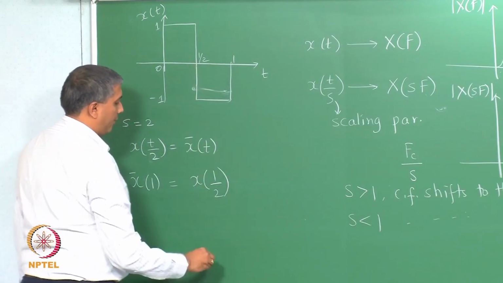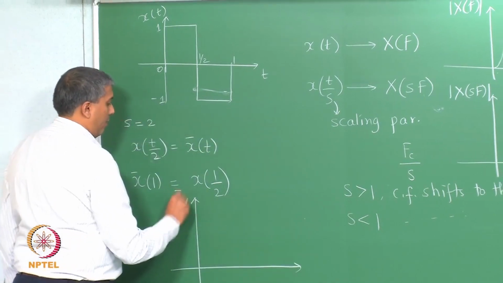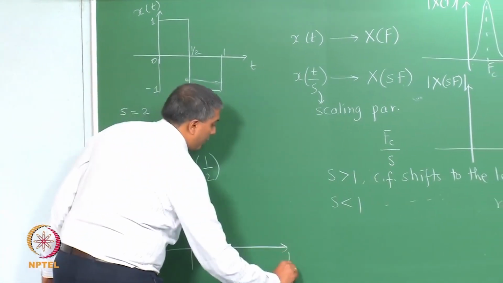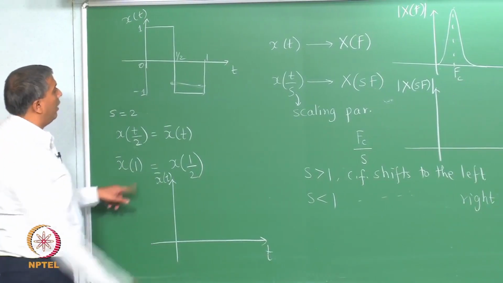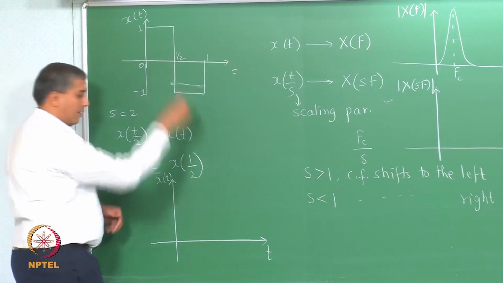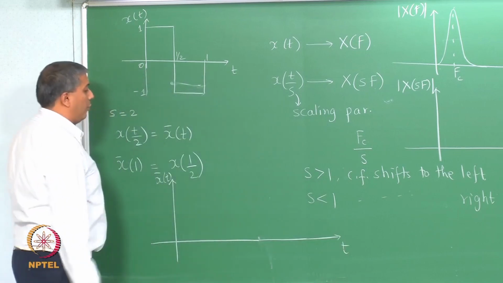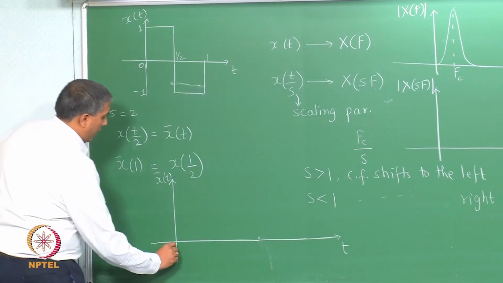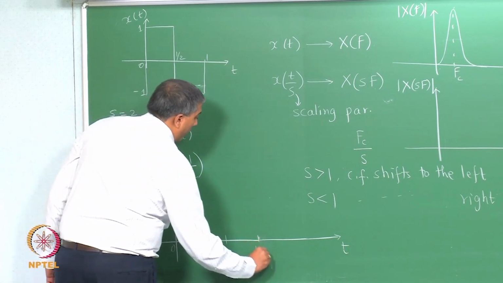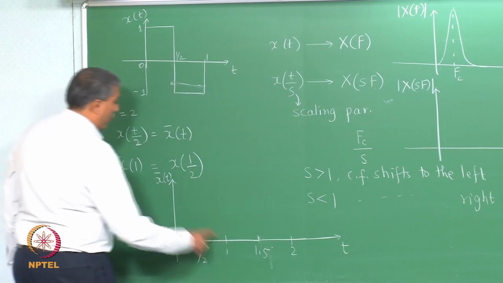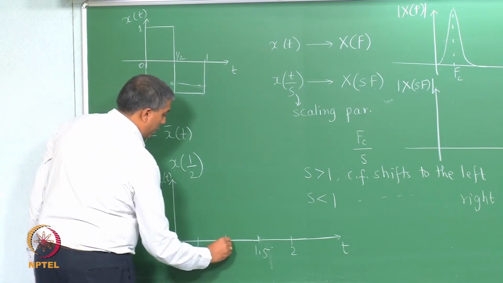So, if I were to draw the x bar as a function of time t, what happens is the value at 1 for x bar is actually the value at half. So, let me actually draw a longer time axis because it is going to be a dilated signal. Here I have 0, half, 1, 1.5 and 2. So, the value at 1 for x bar is the value of x at half, which is actually 0,